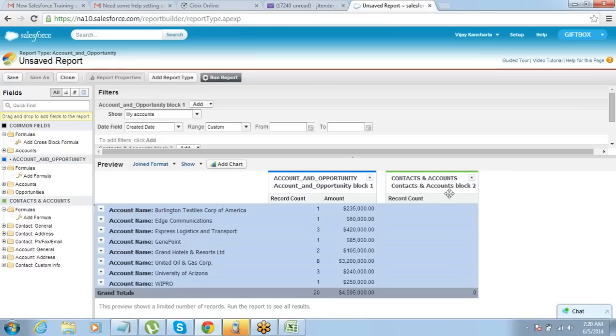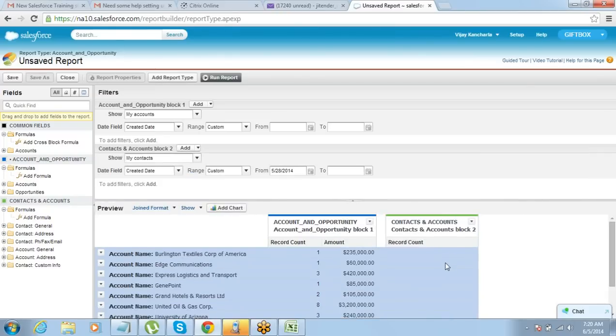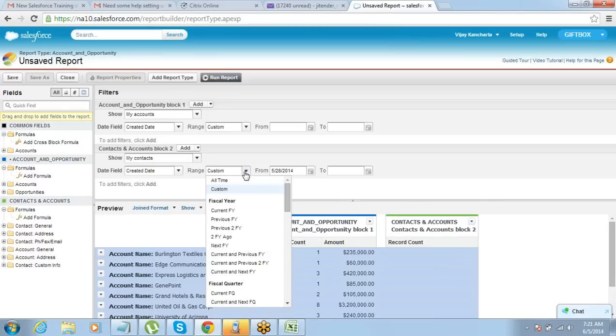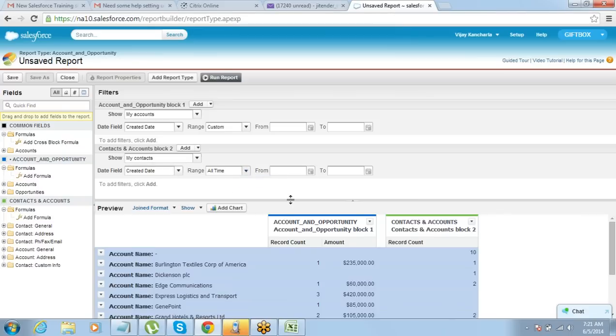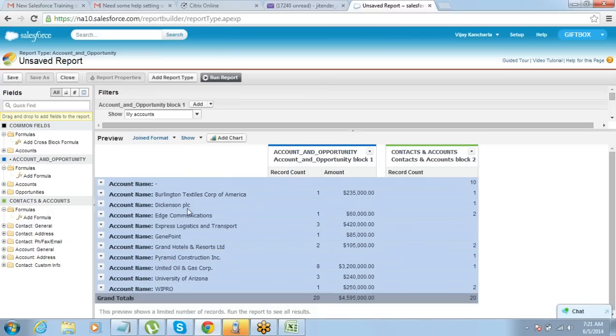So two blocks of report are created which combine to form the same report. Contact, I cannot see any data in the contacts because of this filter. I'll need to make it all time. See, for every account it gives us the detail of all the opportunities and the record count as well.